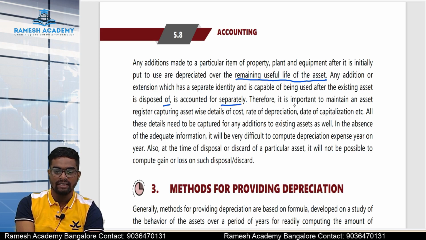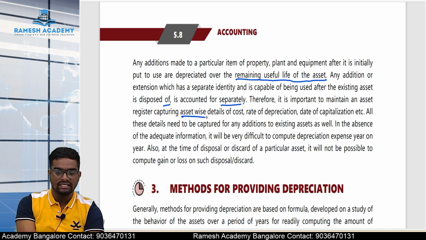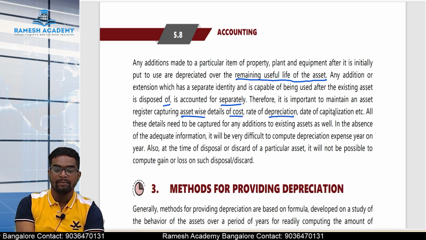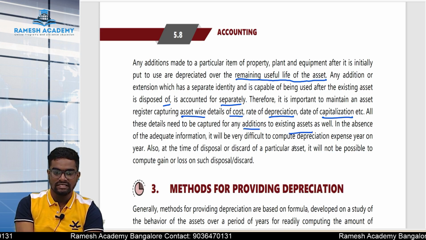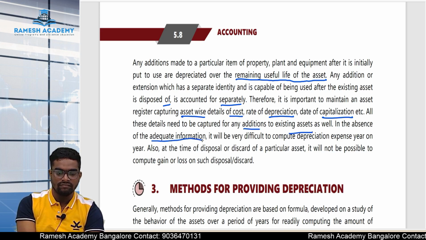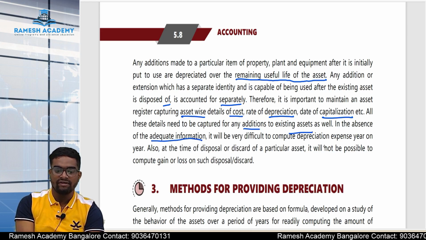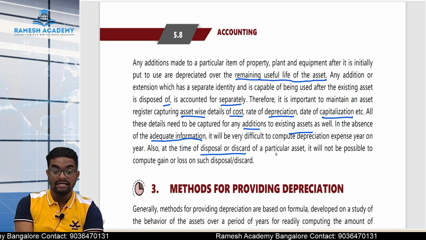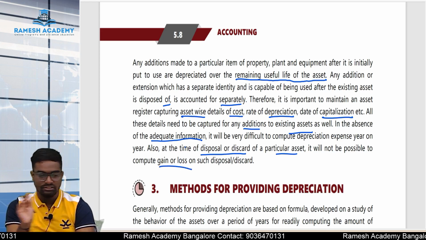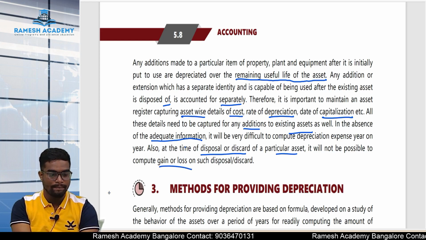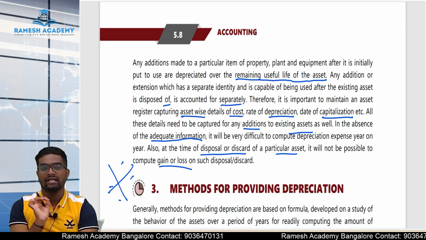Therefore, it is important to maintain an asset register capturing asset-wise details of cost, rate of depreciation, date of capitalization, etc. All these details need to be captured for any addition to an existing asset as well. In the absence of adequate information, it is very difficult to compute depreciation expense year on year. Also, at the time of disposal or discard of a particular asset, it will not be possible to compute gain or loss on disposal. Okay, so this is okay. Now we'll come to the important part of the chapter. So until this, we'll get maximum